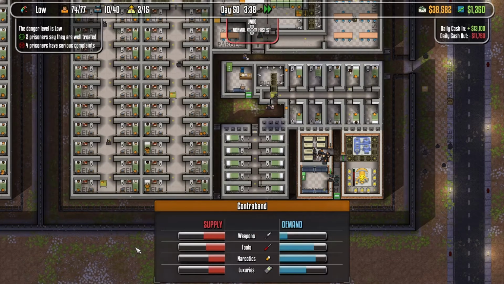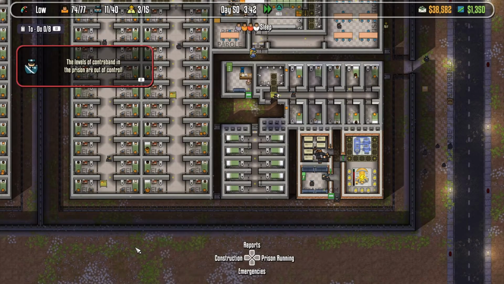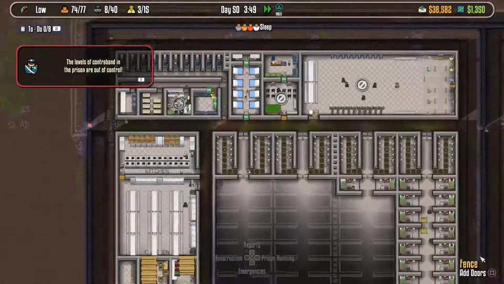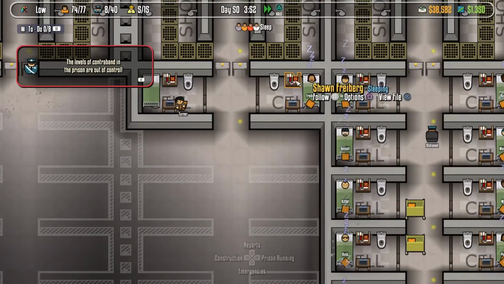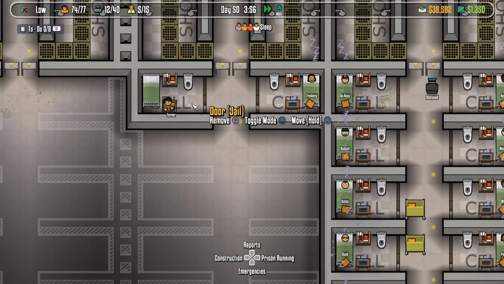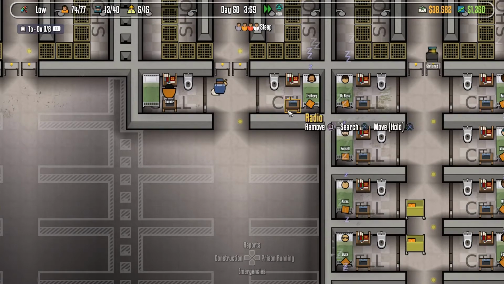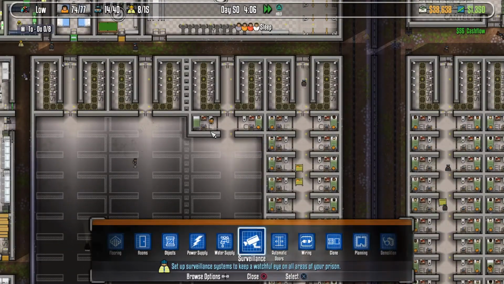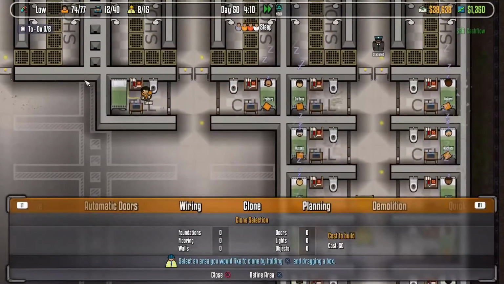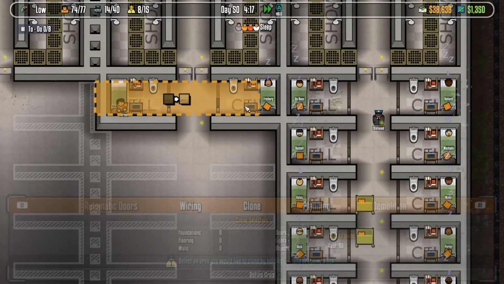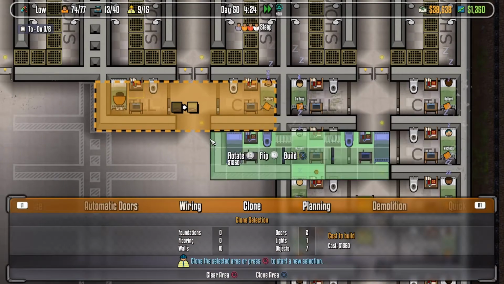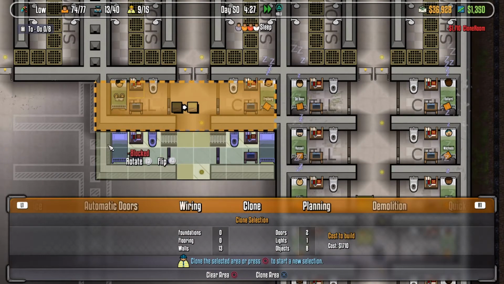Let's see. Everything's not too bad at the moment. Obviously, losing those guards was a bit of a blow. But these cells are now operational, so we have an extra 2 people here, as you can see, allocated to this block. So let's go ahead and actually build in the rest of this block as well. So let's go back to clone. And I need to define my area, which is going to be like that. And I'll just start dropping in